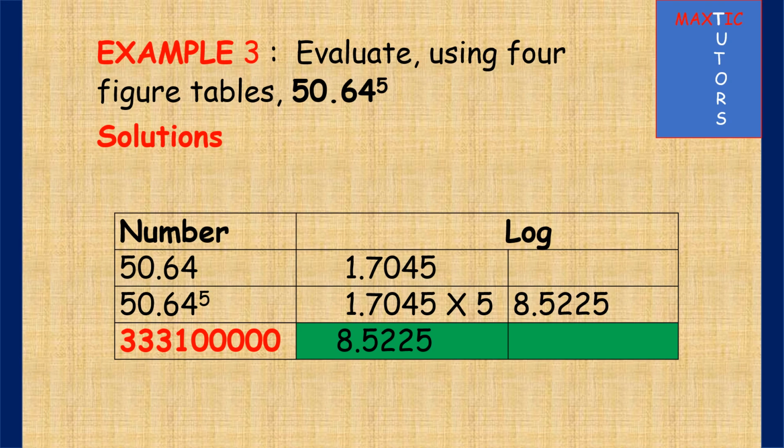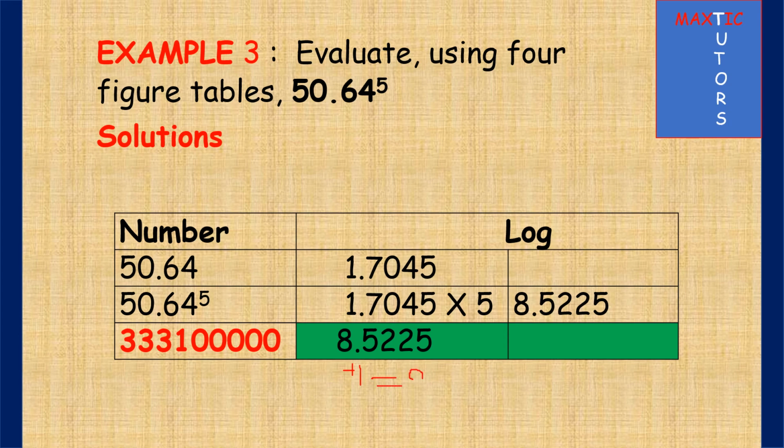Let's go ahead. Example 3. This has to do with what? Roots. 50.64 raised to power 5. And from the rule, anything that has to do with power, you have to multiply. So 50.64. The characteristic is 2. 2 minus 1 is 1, so you have 1 point. Then from your 4-figure logarithm table, 50 under 6 difference 4 will give you 7045. And because it is raised to power 5, you multiply 1.7045 times 5, which will give you 8.5225, which is what you have here. Now, by the time you add 1 to it,